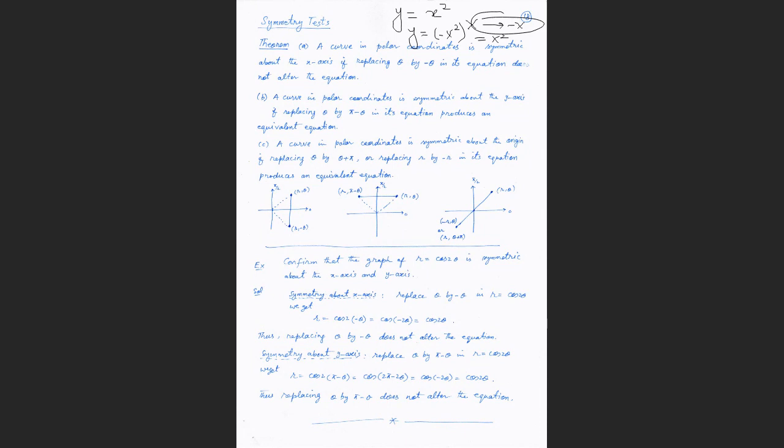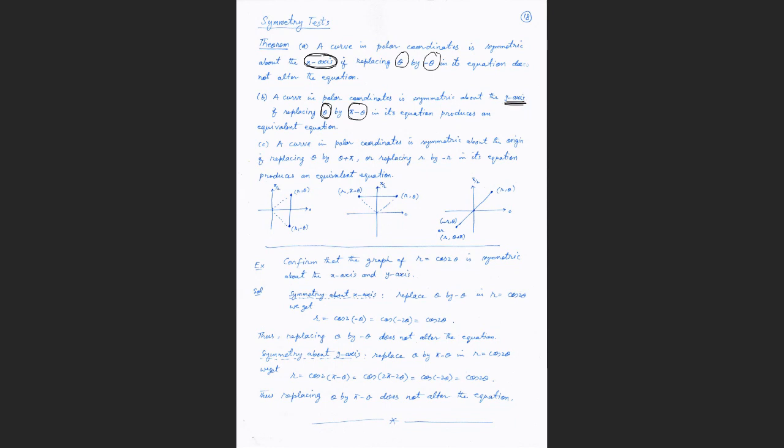You remember that? So in this case, we have the polar coordinates. If I replace theta with minus theta, that means this is the symmetry along the x-axis. But the result should be the same. If you change theta with minus theta, the function should be the same. Similarly, if you change theta with pi minus theta, and the result is the same, you can say that it is symmetric